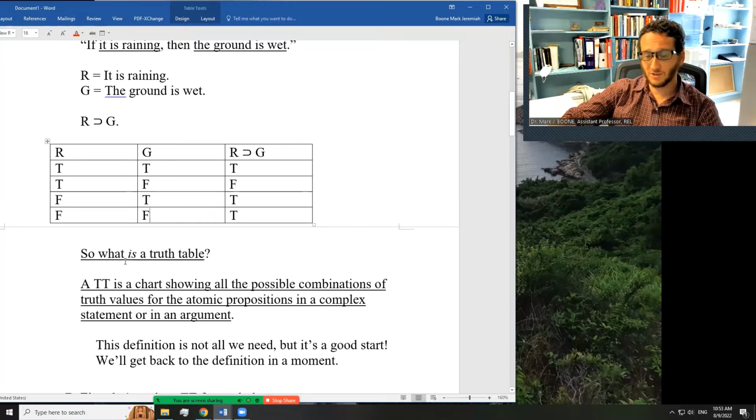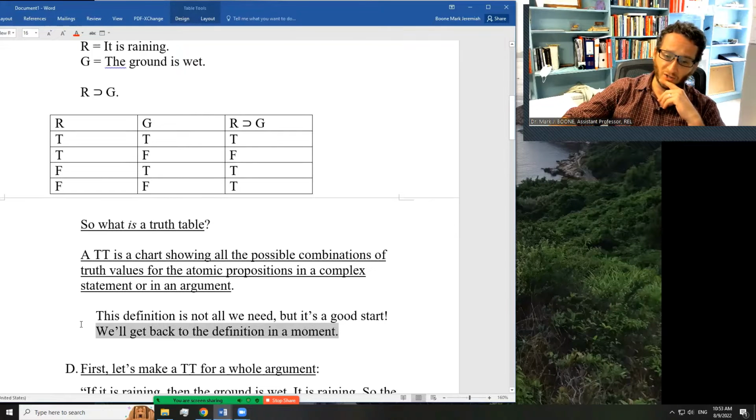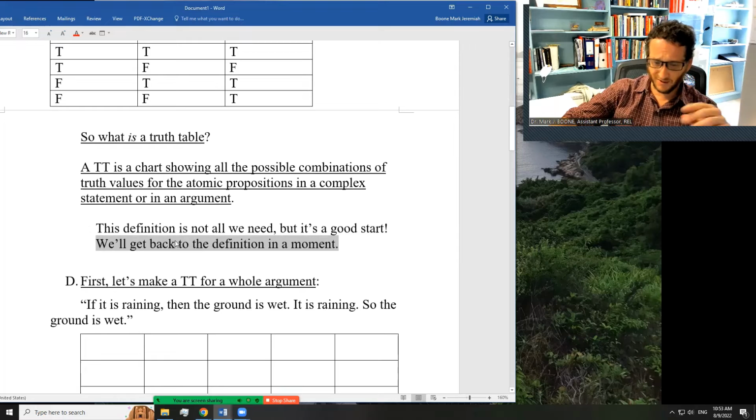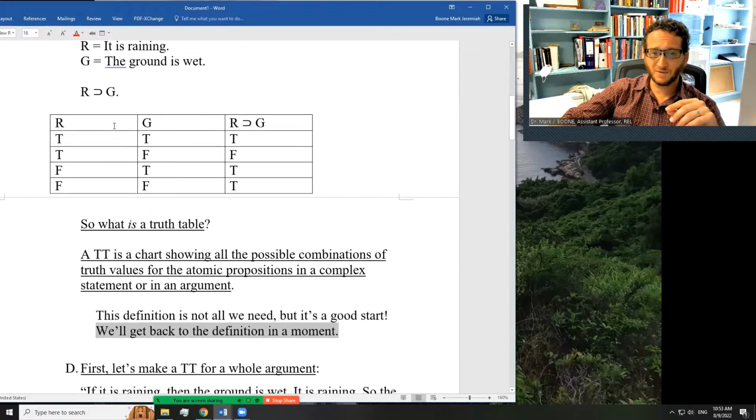So a truth table is a chart that shows all the possible combinations of truth values for the atomic propositions in a complex statement, or in an argument which has more than one atomic proposition in it as well. Now, this definition is not all we need, but it's a good start. We'll get back to that definition in just a moment. I think things will be a little clearer then. But first, let's take this